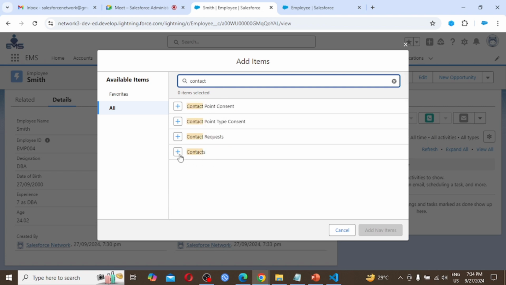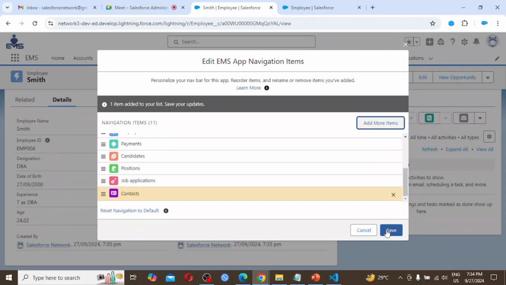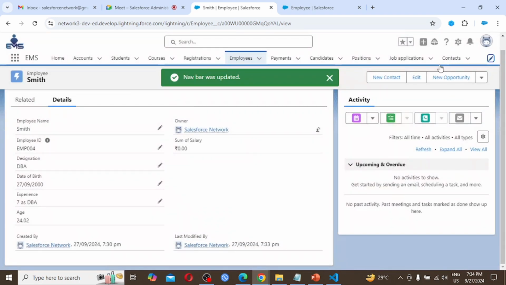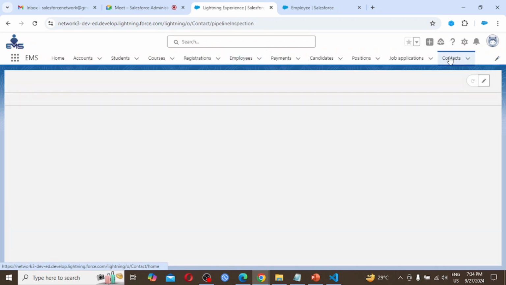Click the plus symbol, add one nav item. Nav means navigation. So click save. So here we are getting contact. Click on this contact.